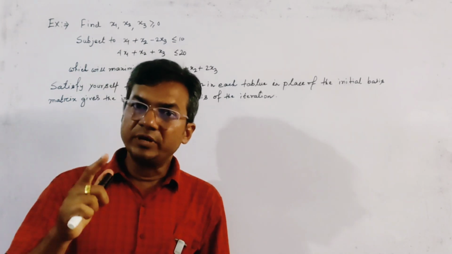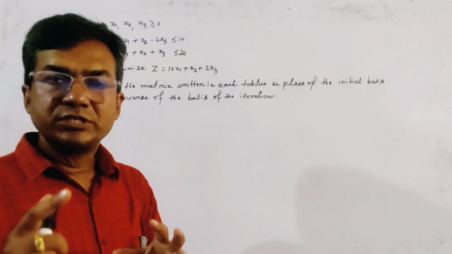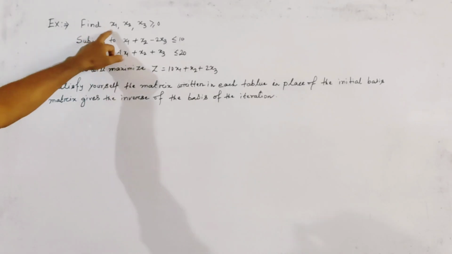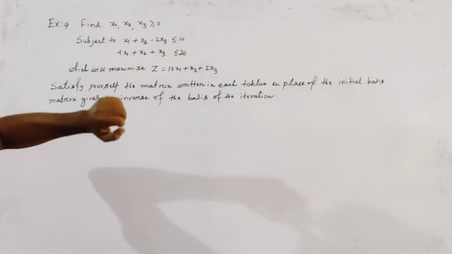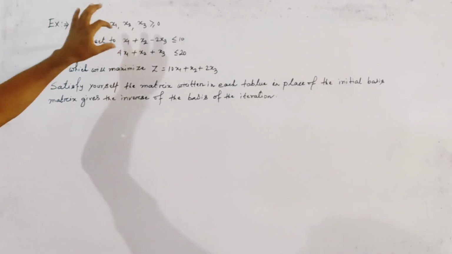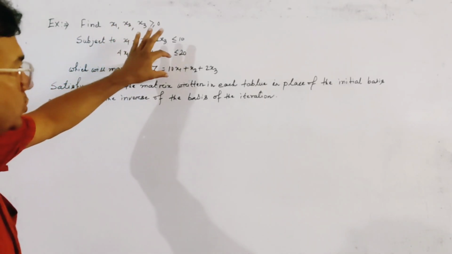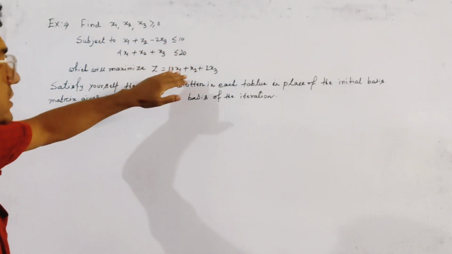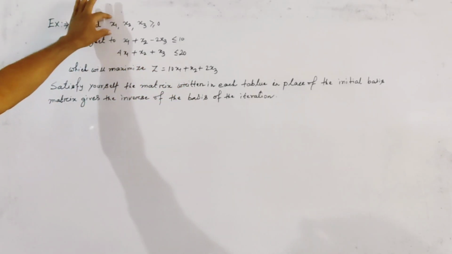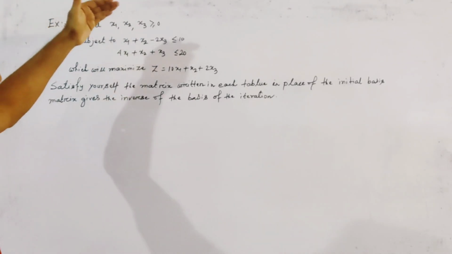Today's problem is from linear programming, and basically it is from the simplex method of LPP. The problem is: find x1, x2, x3 greater than or equal to 0, subject to these two constraints, which will maximize z. This is equal to 10x1 plus x2 plus 2x3. This is the objective function, and the first condition is on the variables,